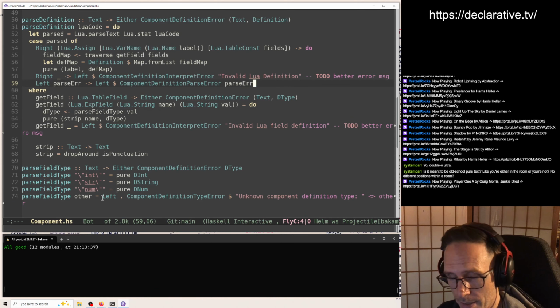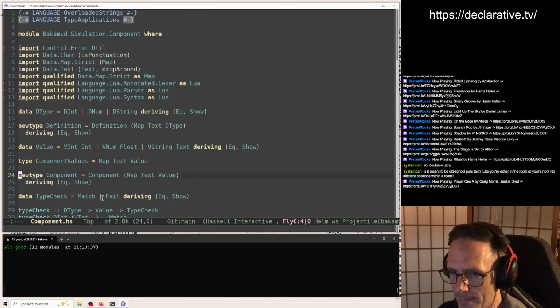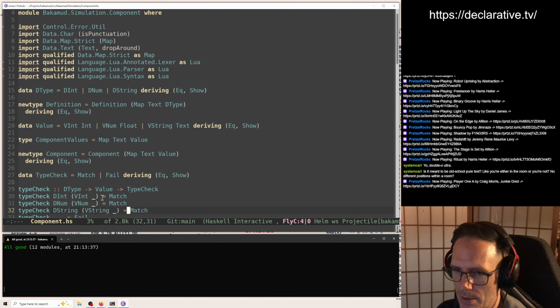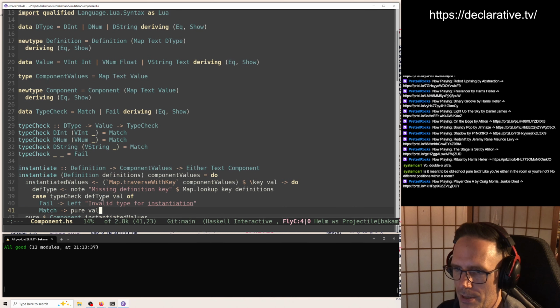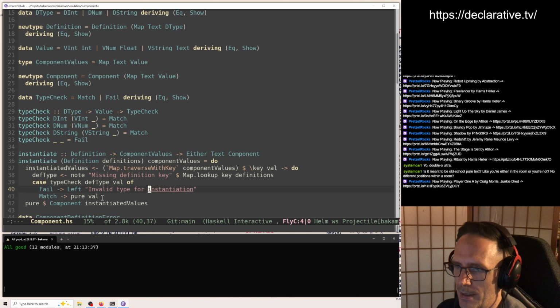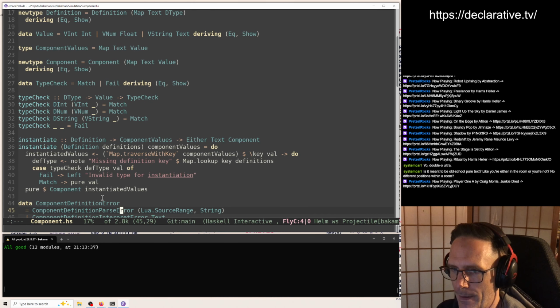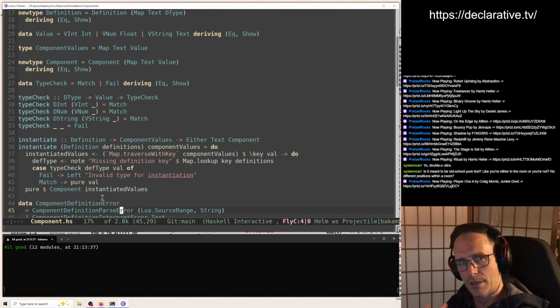We can parse that Lua code, interpret it into our definition structure. And then that hooks into the rest of the stuff we did for components last week, which allows us to instantiate those definitions with some values and create a live component,